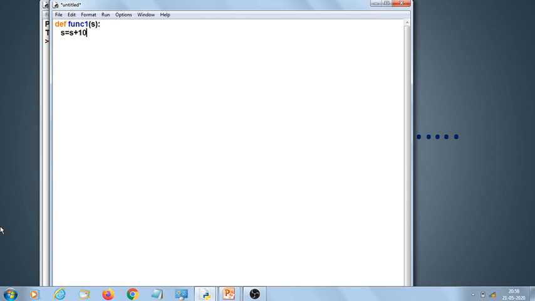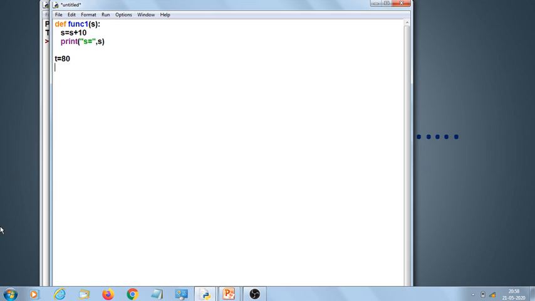We're changing the value by 10. Now print this, S equals S, as a message. The body of the function ends. Now t equal to, suppose, 80. This is a global variable, t equal to 80.